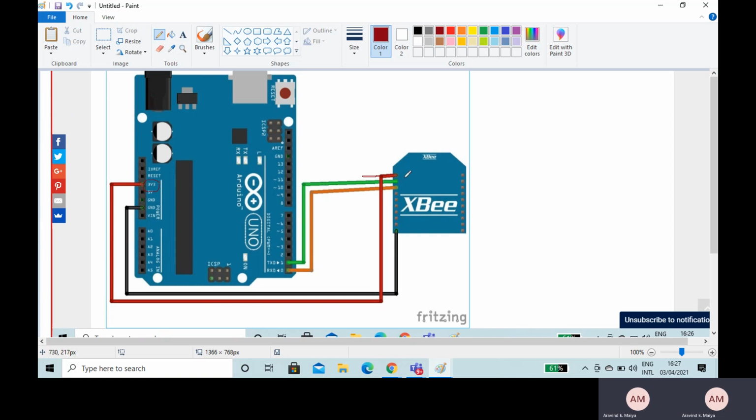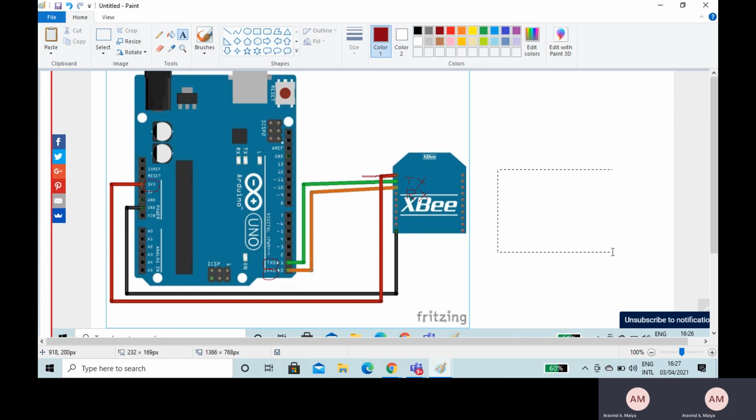Similarly, pin number 2, I told you, is the transmit pin TX. The transmit pin TX is connected to the transmit pin of the Arduino. Similarly, pin number 3 is the RX pin, for serial receive. This pin is connected to RXD, that is the receive pin of the Arduino.